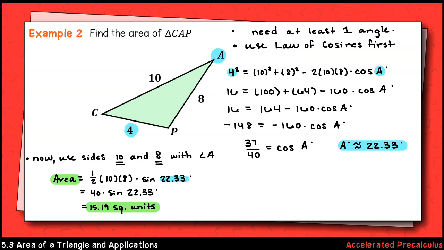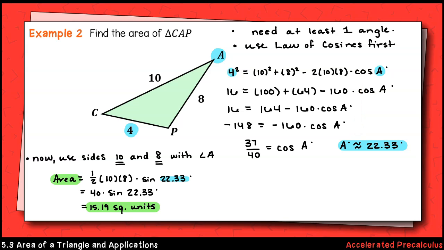Let's look at one more. We have 3 sides this time, but we'll need one angle. It doesn't actually matter which angle we solve for at this point, so let's just pick angle A. Using law of cosines, I have 4 squared, that's the side opposite the angle we're solving for, angle A. 4 squared equals 10 squared plus 8 squared minus 2 times 10 times 8 times cosine of angle A. Using inverse cosine to solve for angle A, and of course simplifying all the way down, I've got angle A